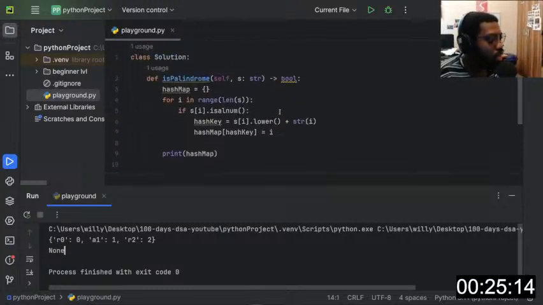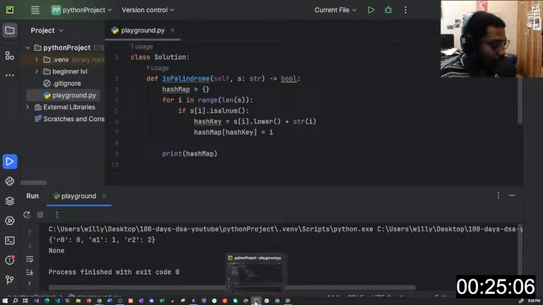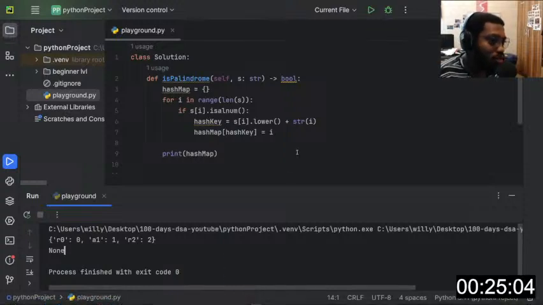Now, so we move on to the next step. What are we doing in our next step? Well, in our next step, we want to compare the last item in the actual string, right? The last item to the first one here, right? The last item to the first one. So if the last item here is at the same index as the first one, the index of the last item is at the same index. No, sorry. If the value